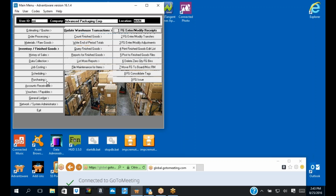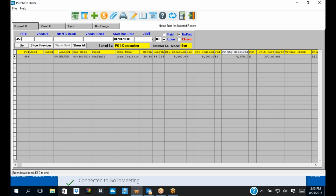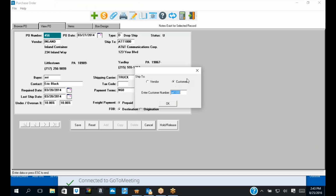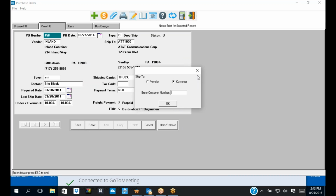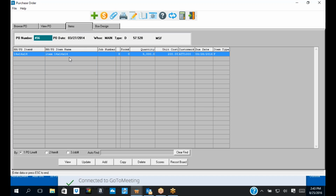Another thing I want to show you in receipts: if I go to purchase order 456, this is a drop shipment. You'll notice it says D for drop shipment, and it has the ship to, which is your customer, because it's going to prompt for what customer and what ship to location for that customer. So if you're doing drop shipments for farm outs, anything on the side, all the information is on the item screen. This one is already closed, but